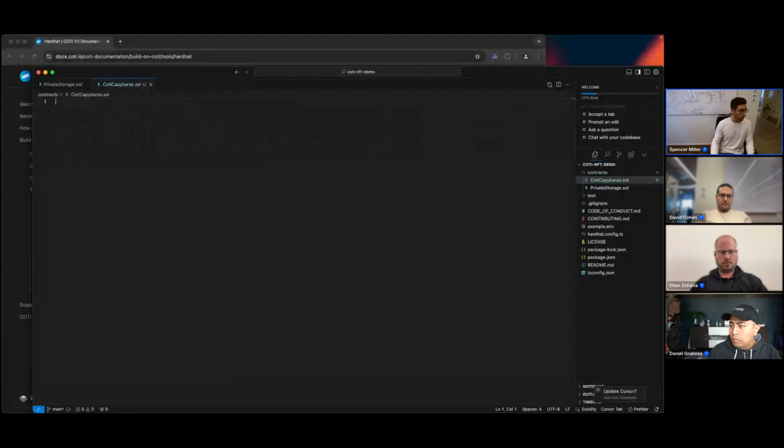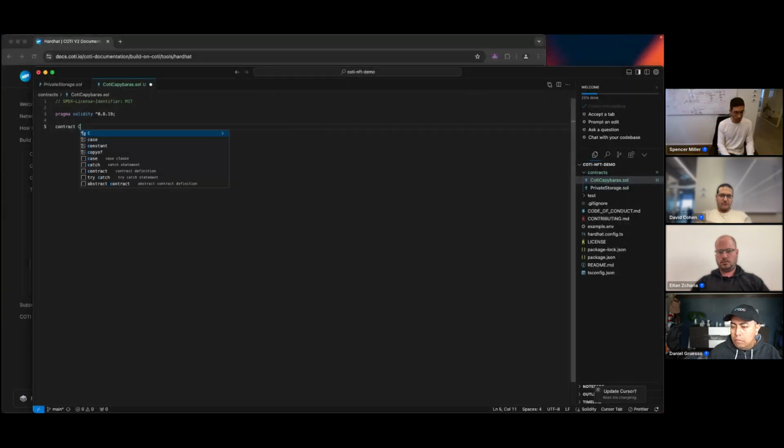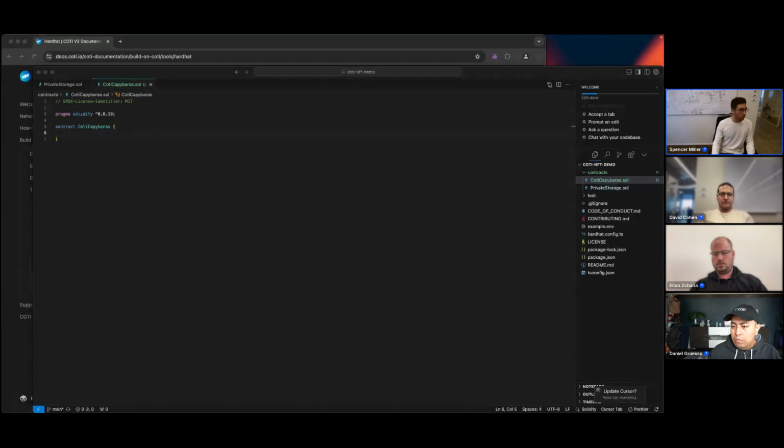So I've created a new file that will hold our NFT, and let's get started. We always want to have the SPDX and the pragma lines. Great. So this is an empty contract. So now we're ready. The first thing that I want to do is import from our smart contracts library